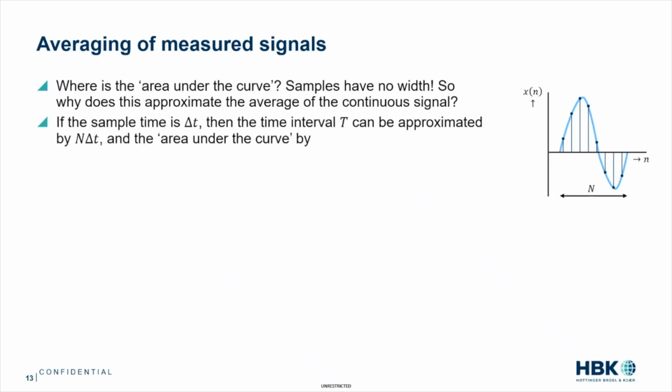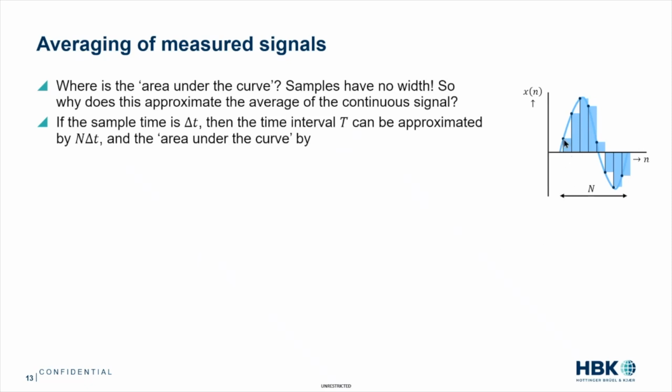Well, if the sample time is delta t, then the time interval t that you use for averaging your continuous signal can be approximated by n times delta t. So n times delta t covers approximately the same time as that you used for finding the average of your continuous signal. And you can estimate the area under the curve by saying, okay, for a sample, I take the area,